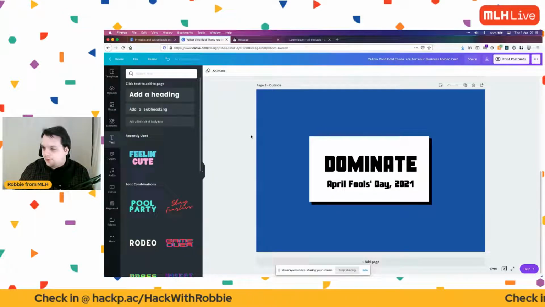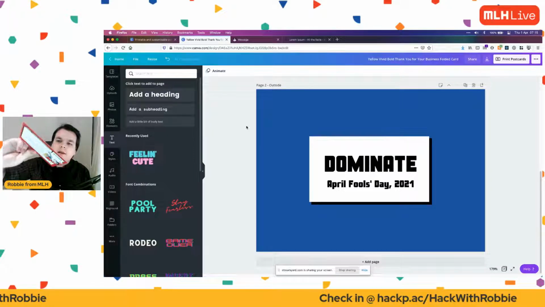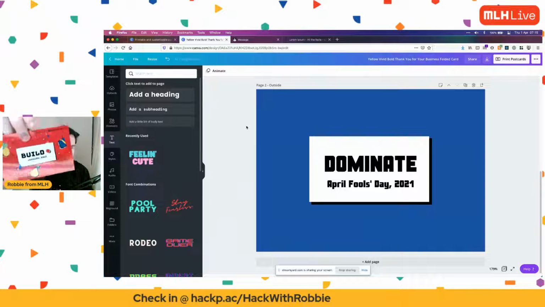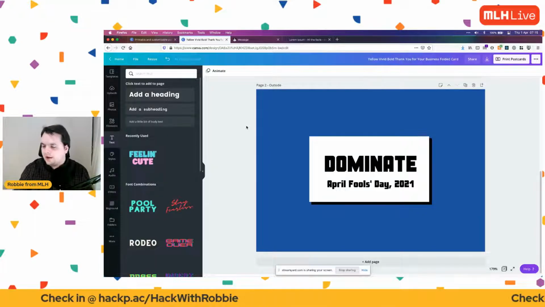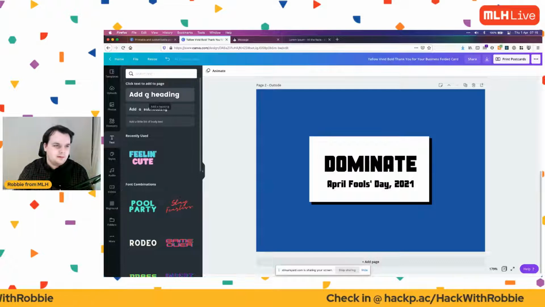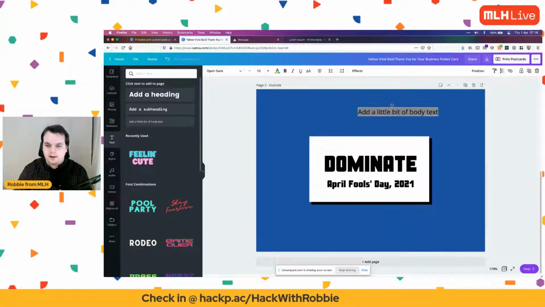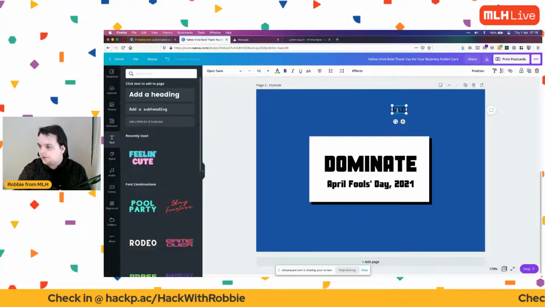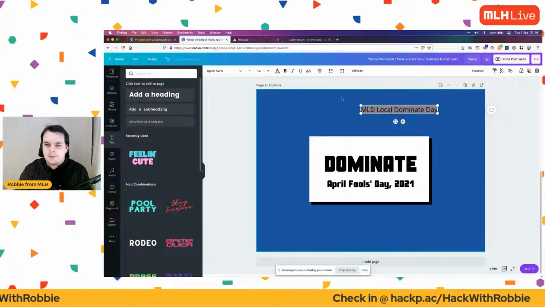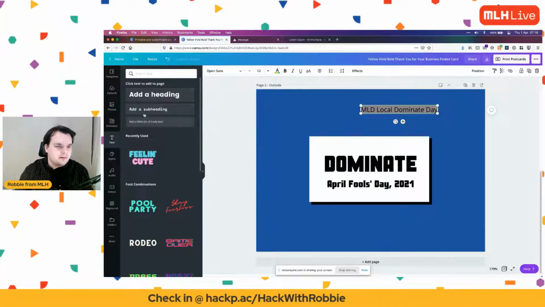Then what else have we got on the graphic? Well, I'm looking here just to see how else we can add stuff to it. In the top right, we've got a little text again, and then some graphics and lines and things. So we can just emulate that simply. So I'll just do some more text, and this is going to say MLD local dominate day. I think, you know what, I think we can actually make this kind of a heading rather than